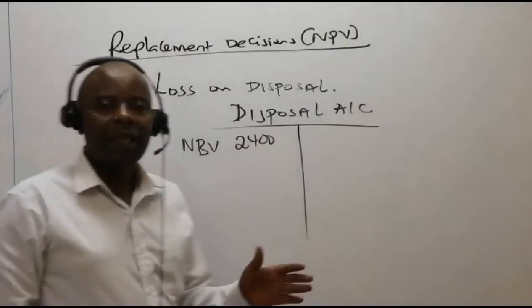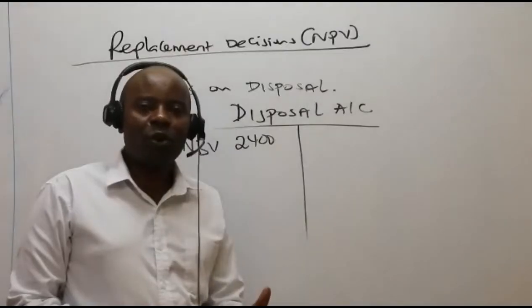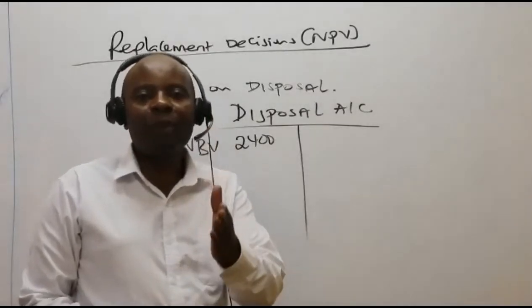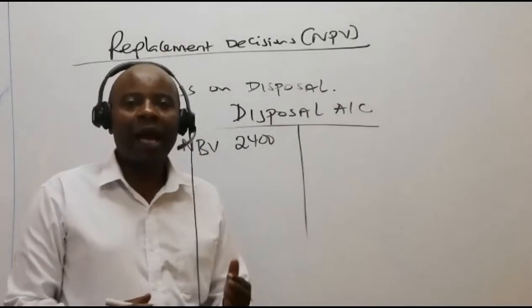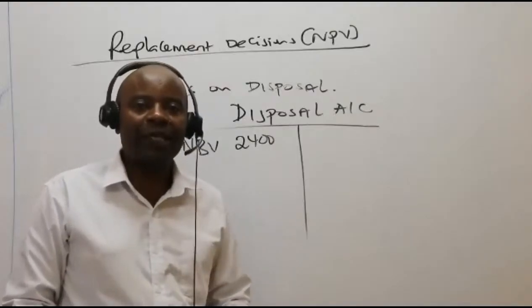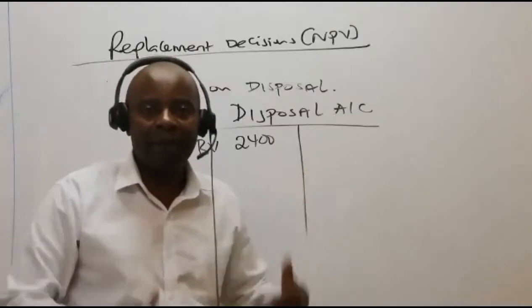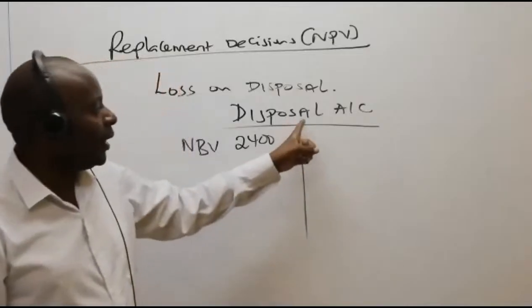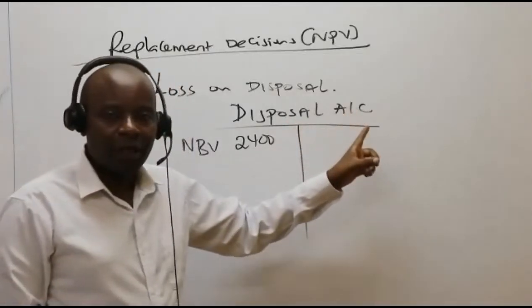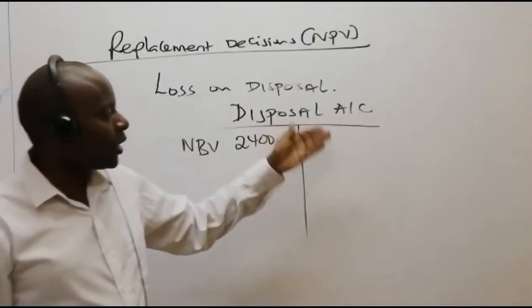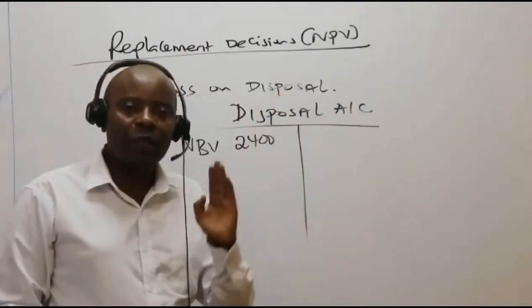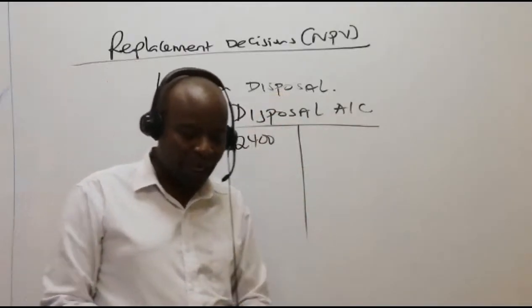And then the other thing, of course, next in disposal, I expect to receive money. So when I receive money out of selling this old equipment, what is going to happen is that I will debit my bank account, I credit my disposals account. So look, in this case here for the proceeds we expect, ladies and gentlemen, to get by disposing this old